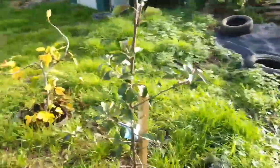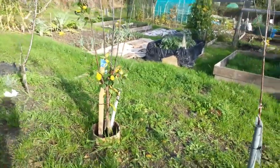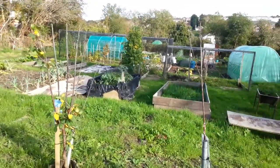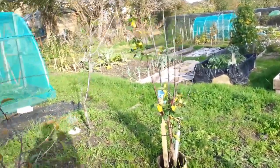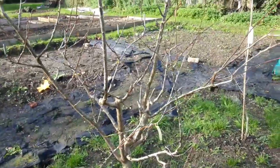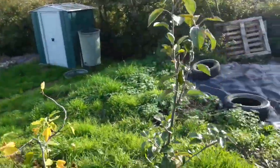This one, that one, and that one were all from Poundstretcher, £2.99 each. So I thought, well, it's worth it just giving it a go, see if they work. And I've got 2 out of 4, so it's not too bad. So we've got 1 plum, 2 plums, 3 plums to move, a pear tree, a cherry tree, an apple,